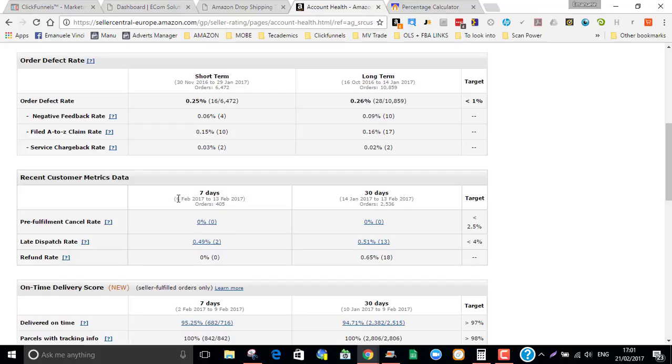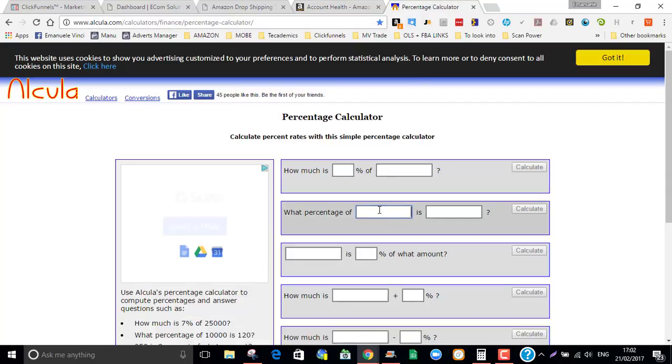To determine how many orders you can cancel, you look at the last 7 days total number of orders. In here I've had 405 orders from the 6th February to the 13th. So how many orders can I cancel to keep below 2.5%? This is an example where we would be at 3.99. In this case I obviously wouldn't do it, because I've got only 2 late shipments, but let's say I was at 3.99 there. You would take the total number of orders of the last 7 days and go into this website,